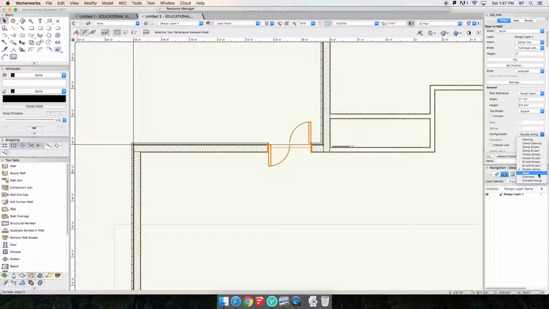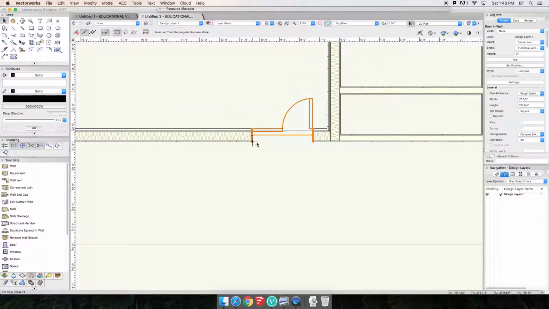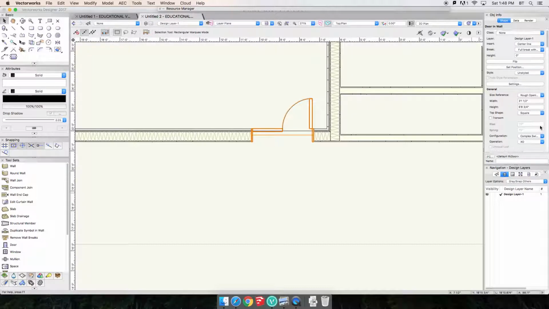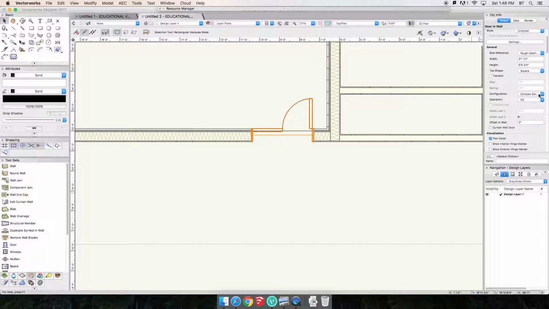Overhead are going to be our sliders. Overhead are going to be our garage door, and complex swing. In this case, you can change the settings, but it has one portion fixed and one operable. So that's one of the settings we're going to manipulate and change most frequently. Now the thing is, when we show a bifold, for example,